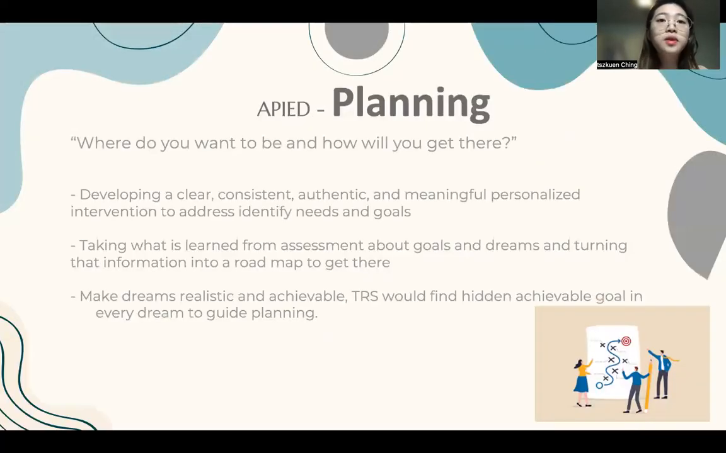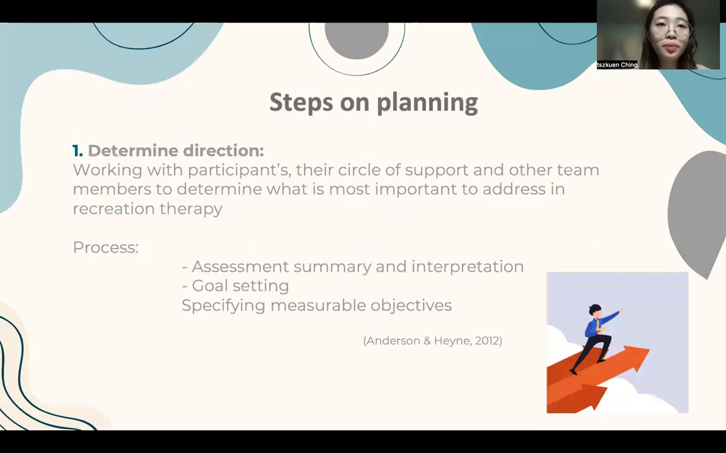Planning. It helps us to answer the questions, where do we want to be and how will we get there? TRS is responsible for developing personalized intervention to identify needs and goals of the client. In this process, TRS would have to take what is learned from the assessment about goals and dreams and make them realistic and achievable. During the planning phase, TRS will work with participants, their circle of support, and other team members to determine what is the most important to address in this